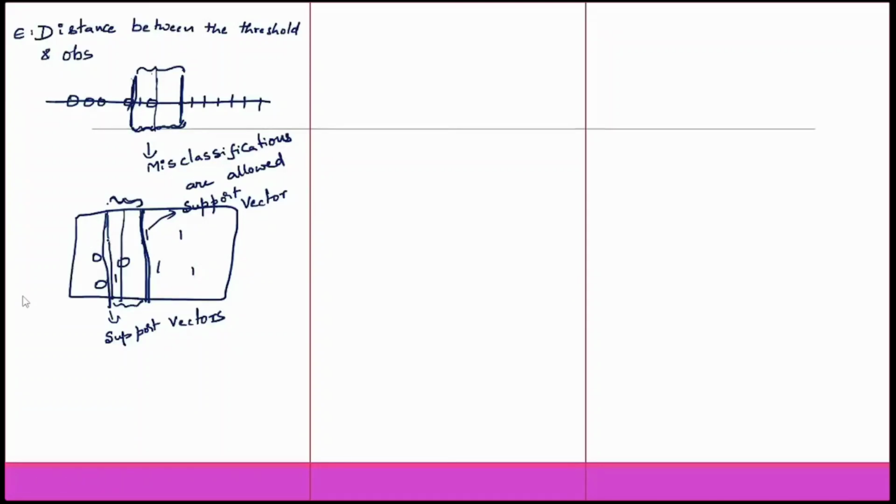a margin, and that margin is a soft margin because there is a maximum margin that you can allow, and at the same time there could be misclassifications possible within the margin. So it is the distance between the threshold and the observation. We are putting some kind of a threshold, and the observations on either side are your support vectors. Up to the support vectors, whatever the distance is, that distance is what we are calling our soft margin